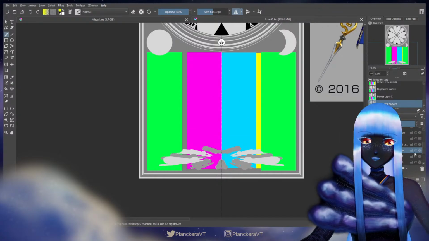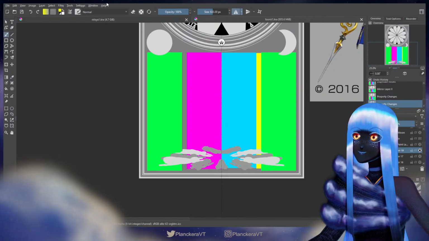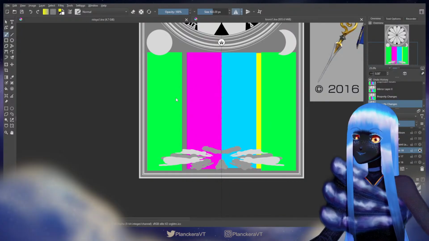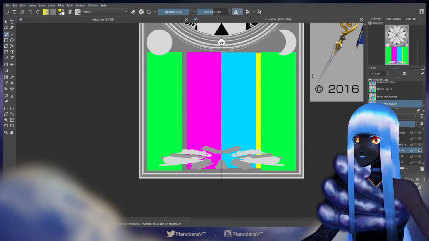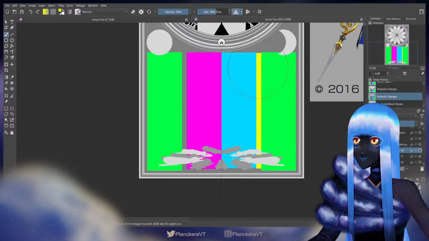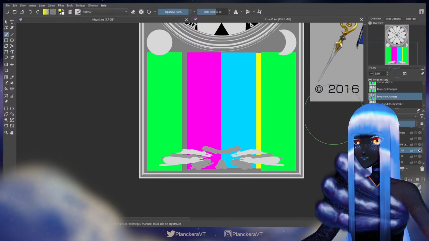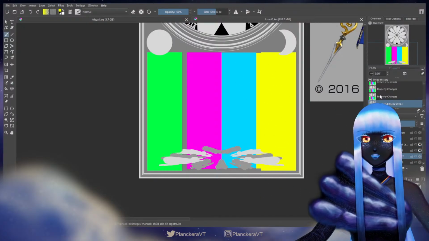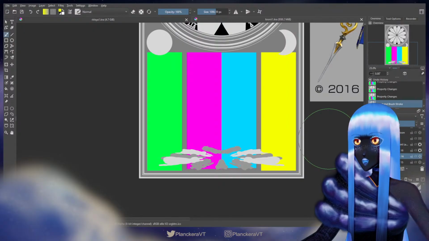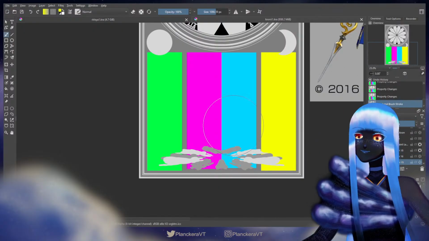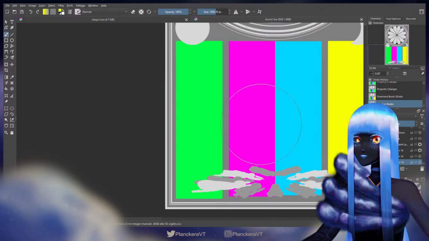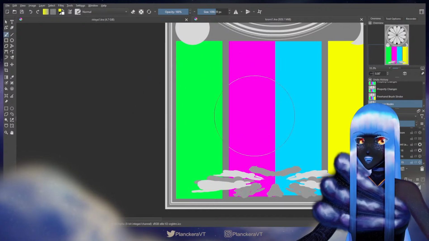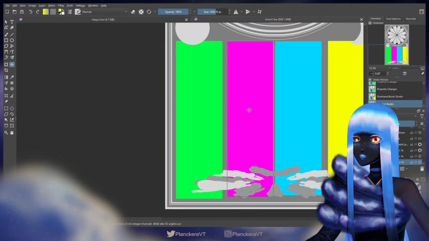And I want to go back to my round brush already. I do not like cube brushes. They feel super bad to me, so back to my lovely circles. Oops. Okay, there we go, and I will remove the yellow one, but that is now going to be perfectly symmetrical. And now I'm gonna look at the distance between these two and determine where I think this one should be based on that.